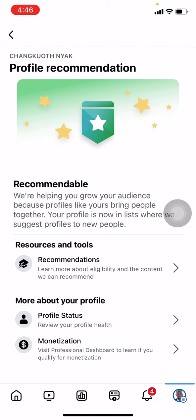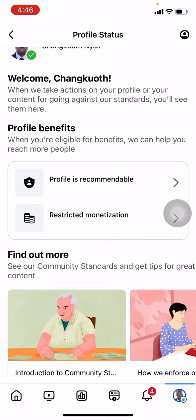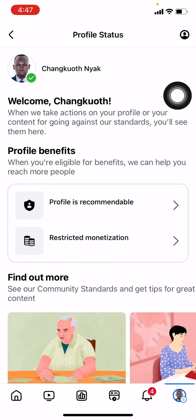And again, you need to check the profile status like this. So if your page does not have this green button there, this one here, just know that your page is not healthy. So you need to fix this by deleting some of the video that violate the Facebook